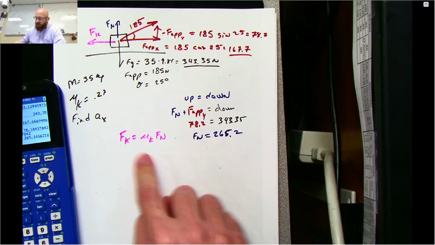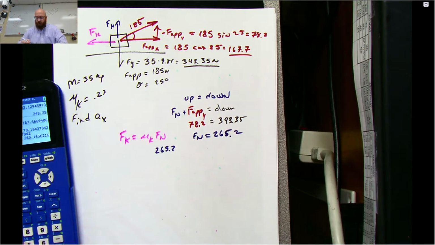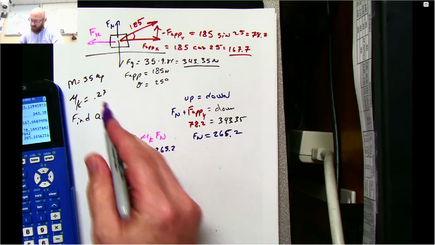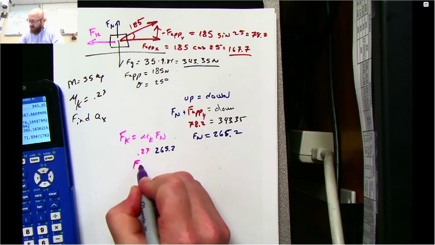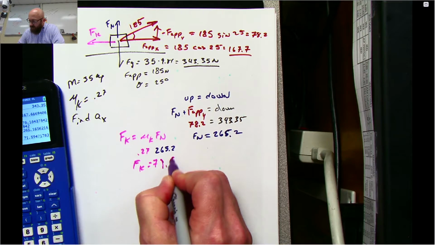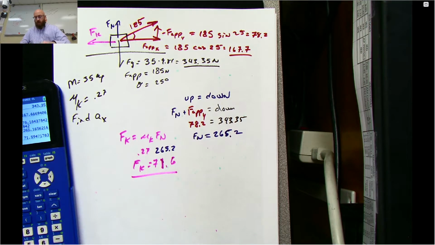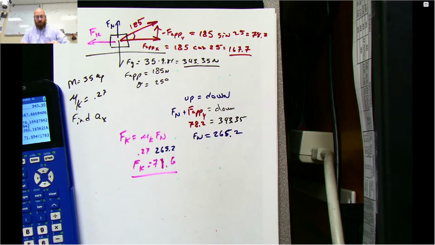We've got F of n, 265.2. We had a coefficient of friction of 0.27. Our F of k is equal to 71.6. A lot of information. We just went through a lot of things just to get all the data on this chart. The last but certainly not least thing,